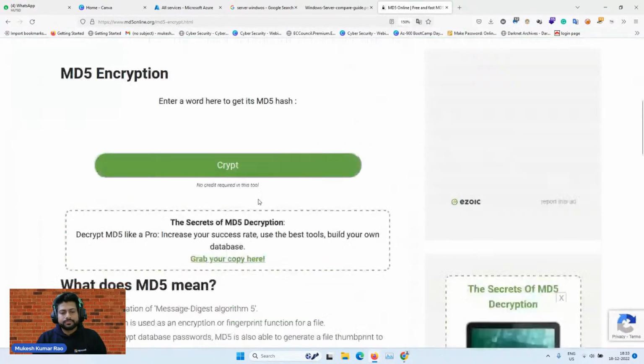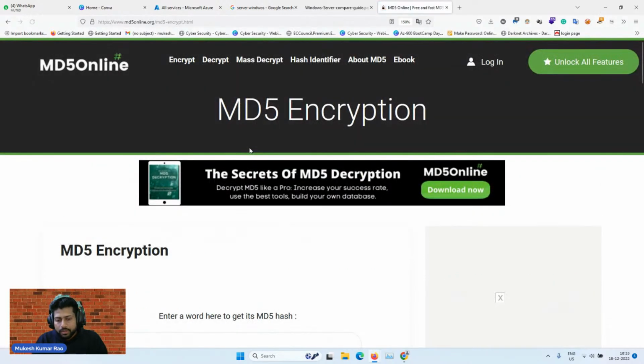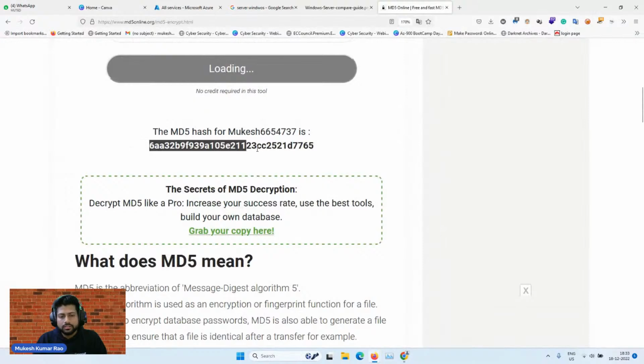Let's suppose I have created some email ID and I'm using my password something like this. When it is stored in the database, it will be in encrypted format, and the value looks something like this. If I send you this hash value, you cannot understand what the actual password or data is.